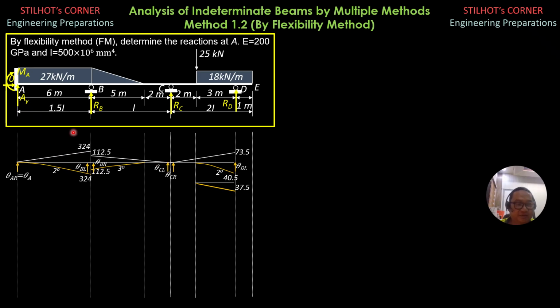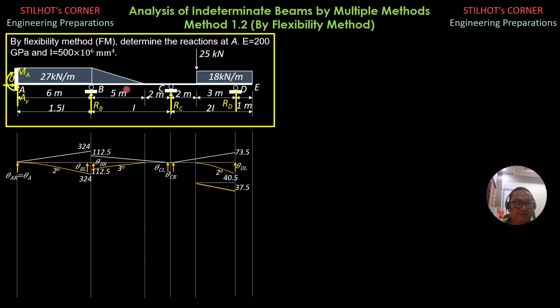So we select B as the moment center. So first for the loading, 27 times 6 times 3, then divided by I, because this should be moment over EI diagram, divided by 1.5 is 324. This is due to the loading of 27 kilonewton per meter. So due to the load, also it should also be due to the support reactions rather, it should also be 324 over EI, where EI is treated 1 here.